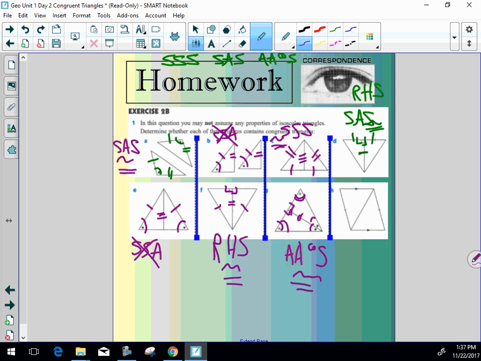And then the last one, Austin, what do you think of this one? That one, you have multiple answers, but I said angle, side angle. Let's see. So this one, this side is the same. And then these are parallel. So since they're parallel, these angles are going to be what? Alternate interior. So those are congruent. And then these guys are congruent. So it looks like we have angle, side, side. No. There's more that you know about that. You have angle, side angle, because